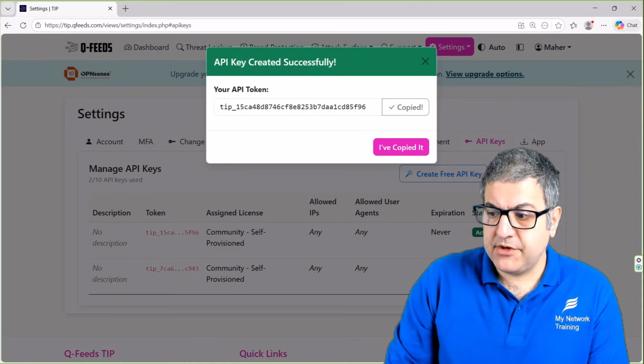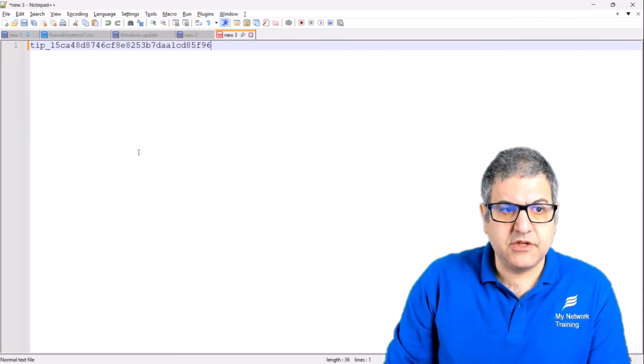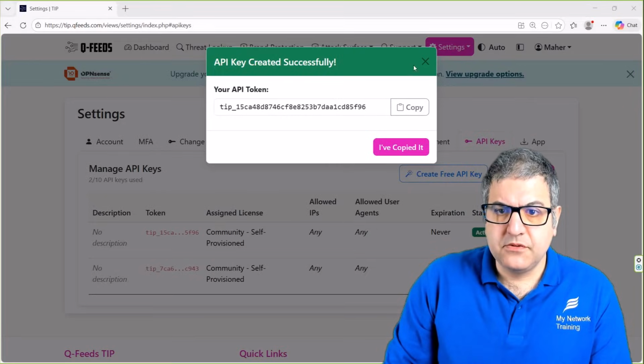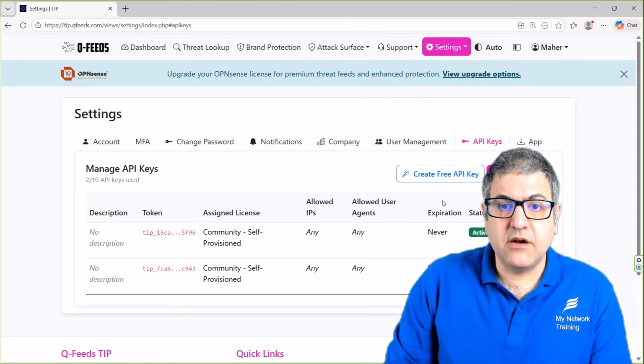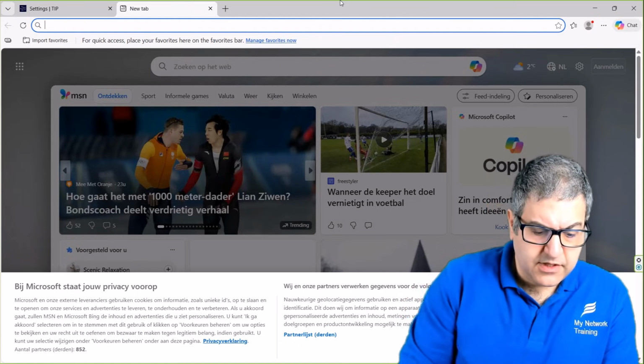So I'm going to copy it and I will go to something like Notepad++. I'm going to put it here because I will use it in a moment. So this is the first step, is just you create a key, an API key on QFeeds. This is something you have to do. Then you will go again to